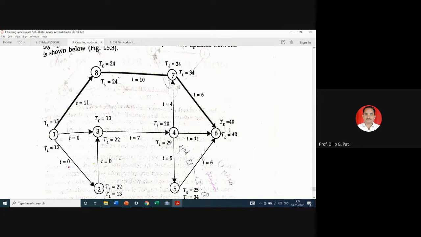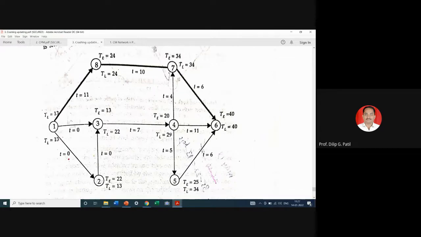So we are taking this as 40, TL, the latest event time of the last event, as 40, and by the backward pass method we will calculate the latest event times of all the events, that is TL of 1 as 13. So TL of 1 is 13. So here also you can see that depending on the slack values,